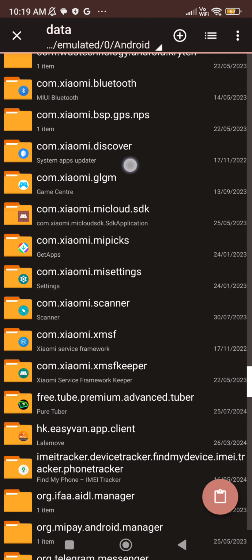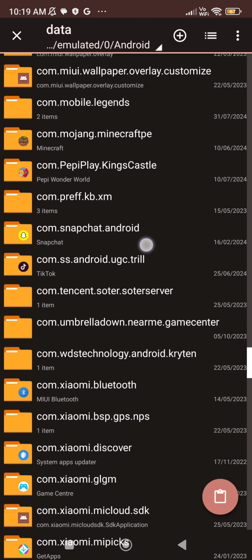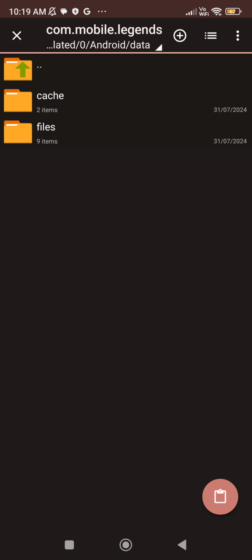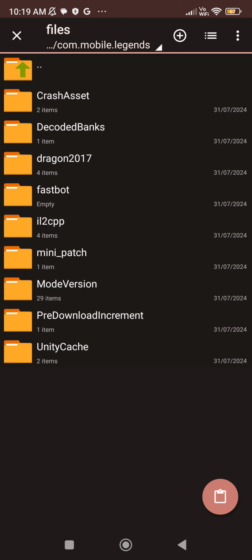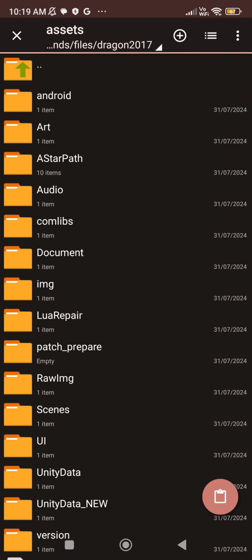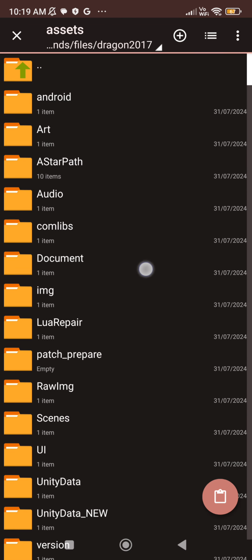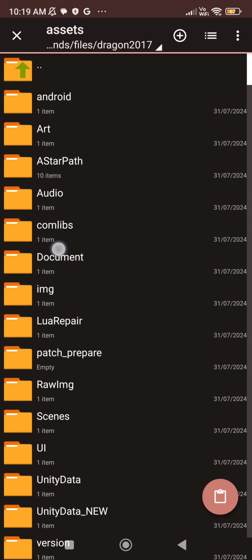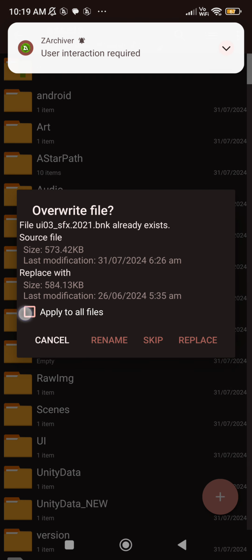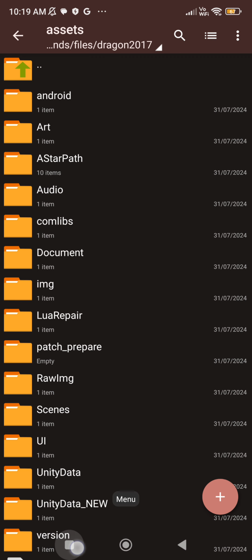Now scroll down, and if you see the com.mobile.legends, just press the com.mobile.legends, and then files, Dragon 2017, and then assets, and then you can see the white button, the white dot. Just press this button, and then apply all files and replace. And there you go, you should have it.